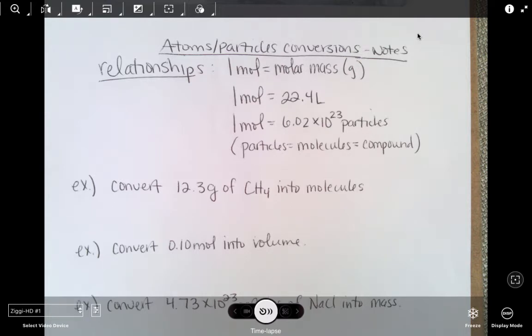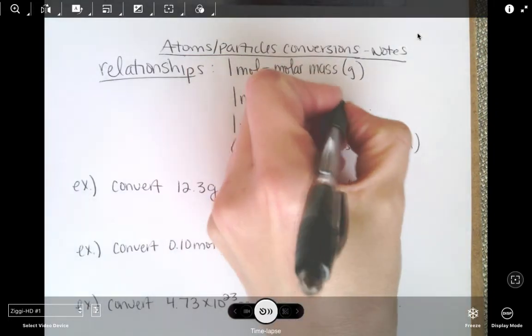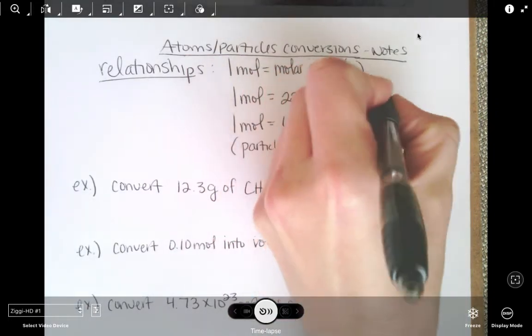So stoichiometry is just kind of a fancy word for chemistry math, and it's the mixture of unit conversions and chemistry language and T-charts and kind of just putting everything together. So in this situation, there are three relationships that we need to know. First of all, 1 mole equals the molar mass of a substance in grams. We already know that. 1 mole is also equal to 22.4 liters, and this is at STP, which stands for